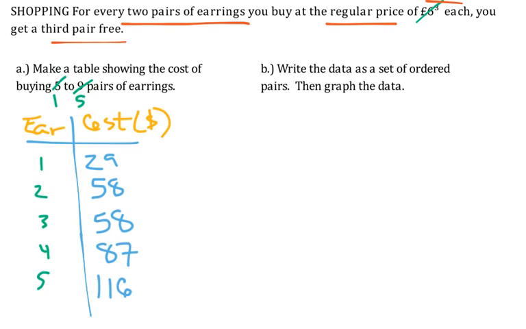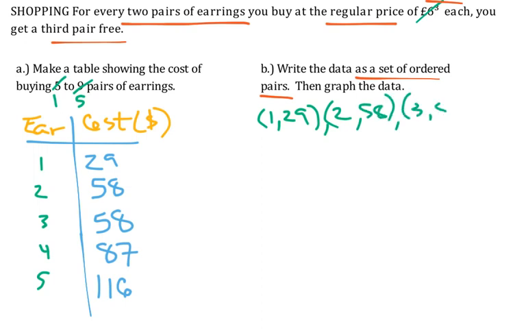Now this next step says write the data as a set of ordered pairs. And I guess, in our homework you're going to have your lines and maybe you're going to want to go ahead and just graph this as a list of numbers. So maybe I'm like, well, if I buy 1, it's 29, 2, 58, 3 is still at 58, and